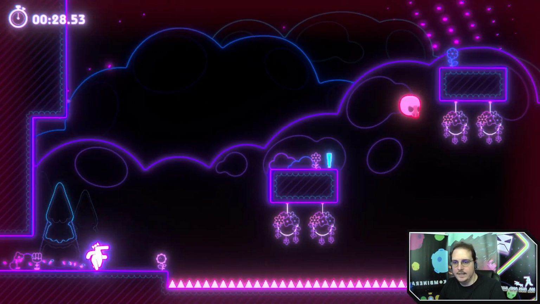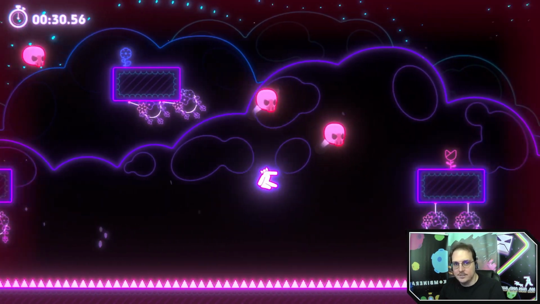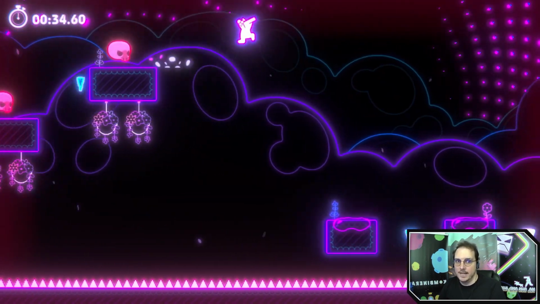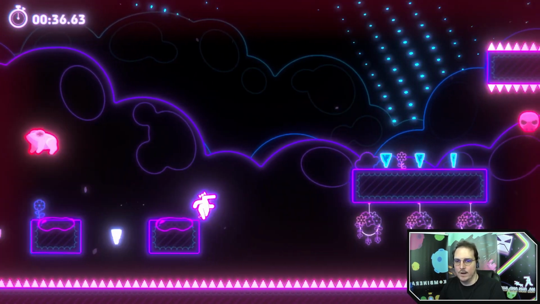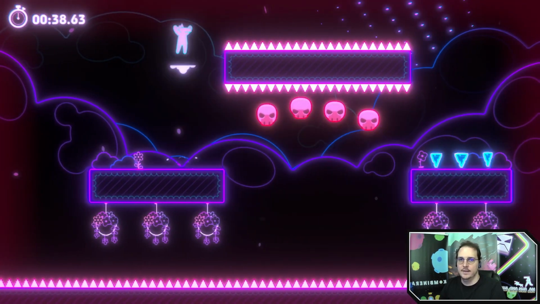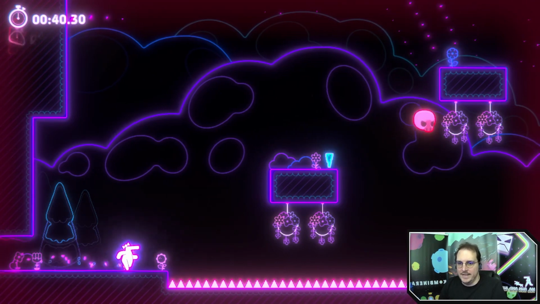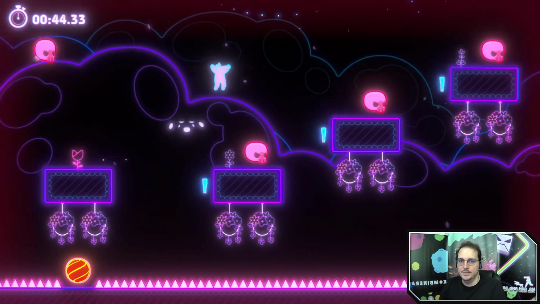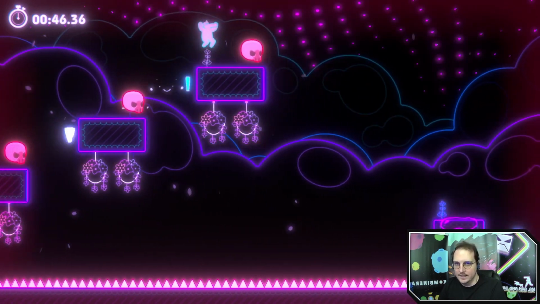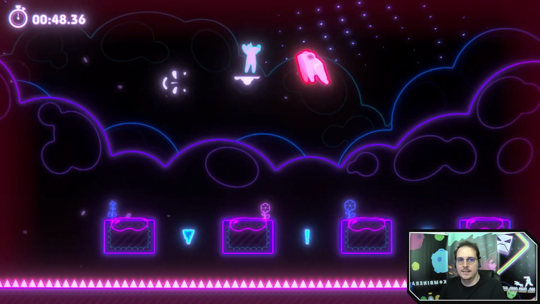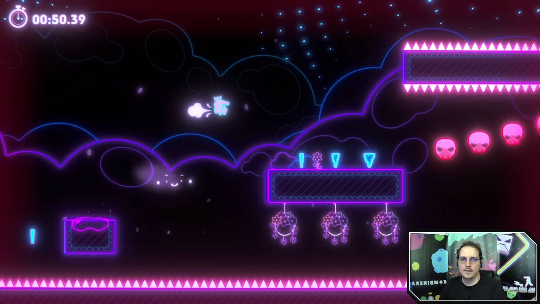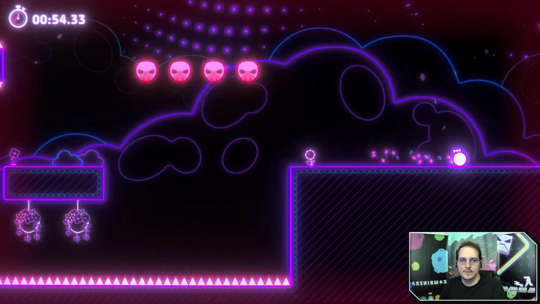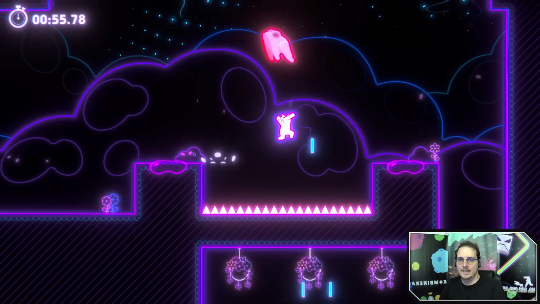Get in that pocket. I know Matt Sinclair last stream was doing a weird dive over that skull, and that was pretty good. I don't think I'm quite good enough to get that. Oh, man. Doesn't look like we get the height in the high jump to get over that little spike island. We kind of have to wait for the Skull King. There we go. Not too bad.